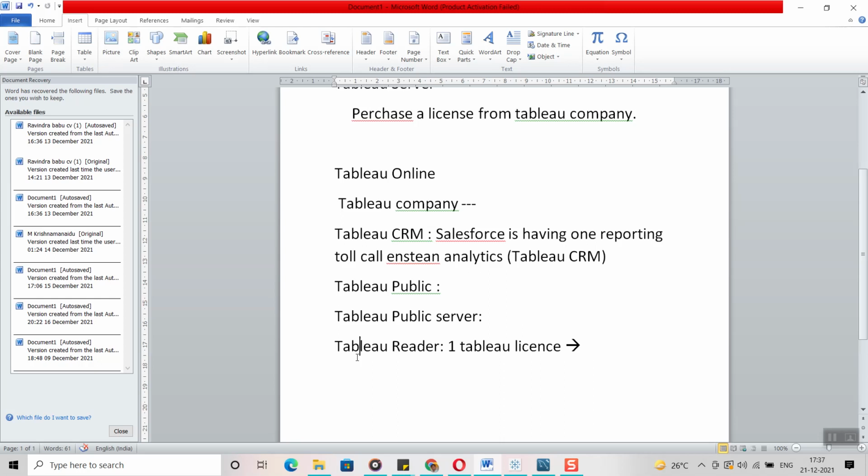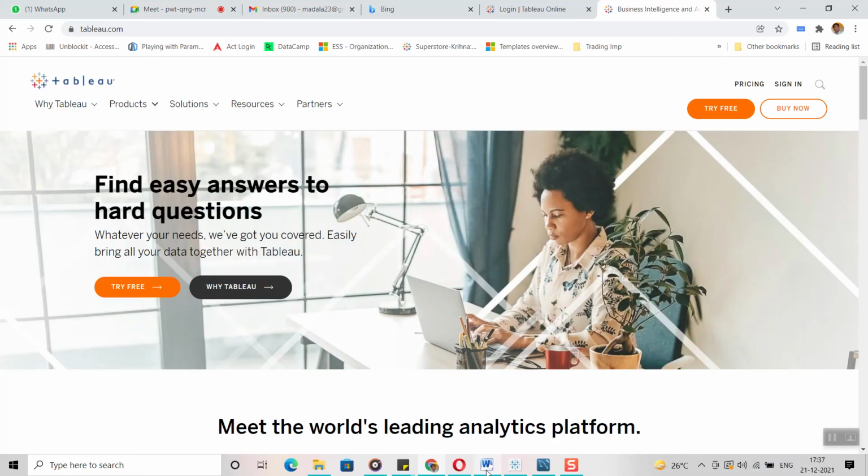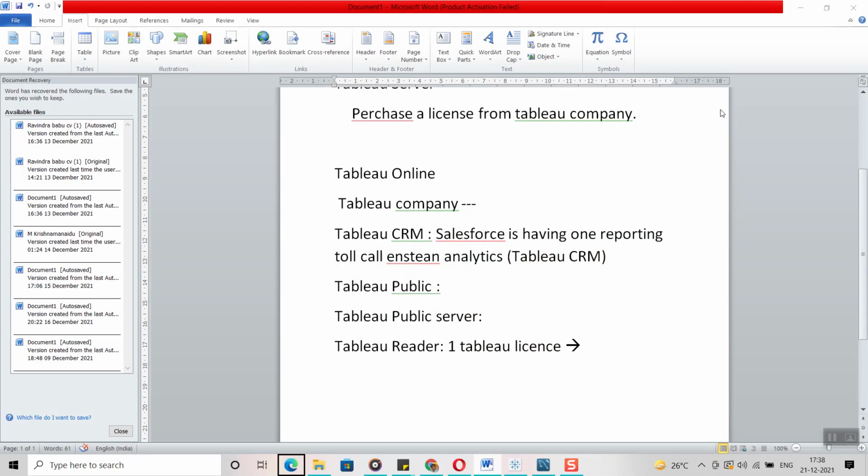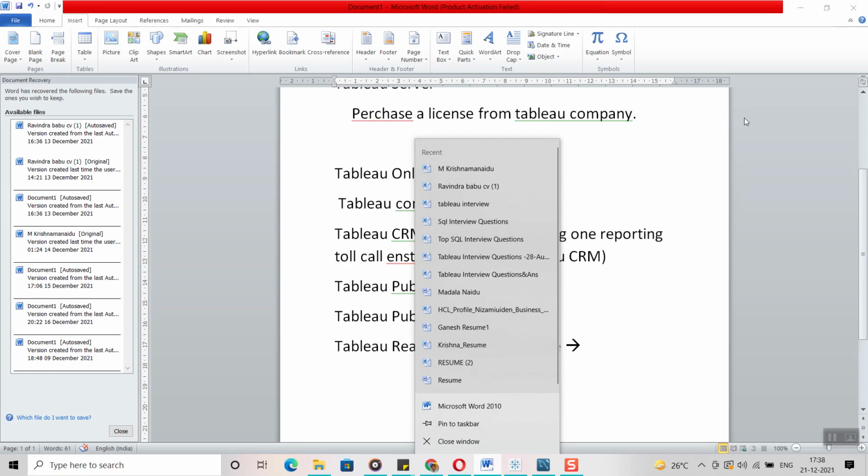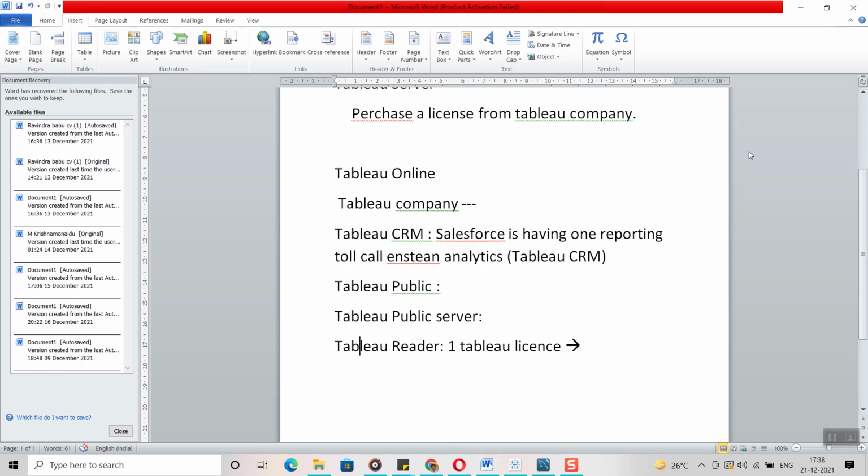It is just for viewing, reading purposes. Just like when you open a Word file in reader mode, you get a warning that editing is not enabled. The same thing works with Tableau Reader. It helps customers open the existing reports we have shared with them.